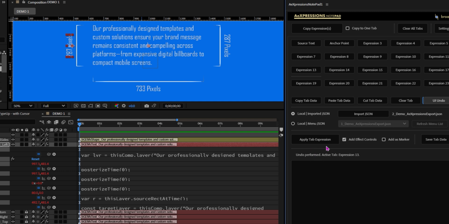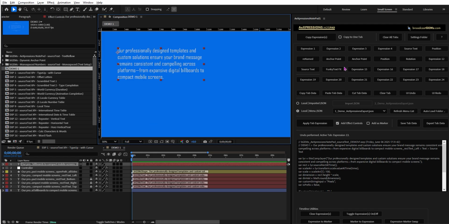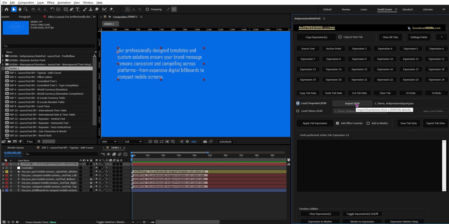So that's that. Now, next we're gonna apply our expression. So before I proceed, I want you to pause the video and load the JSON for the source text. So go to the folder source text. The folder name has expressions notepad, and then it says source text. If you go into that folder, you will be able to load the JSON for the source text, the custom JSON. And then I also want you to open the After Effects project file in that same